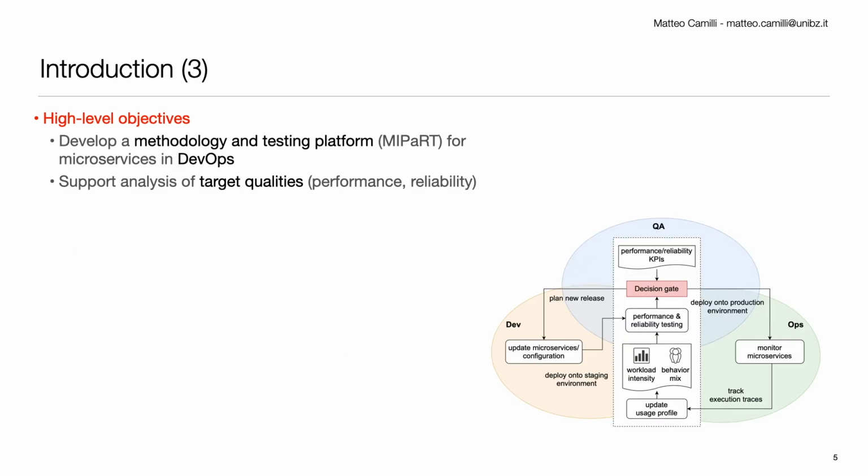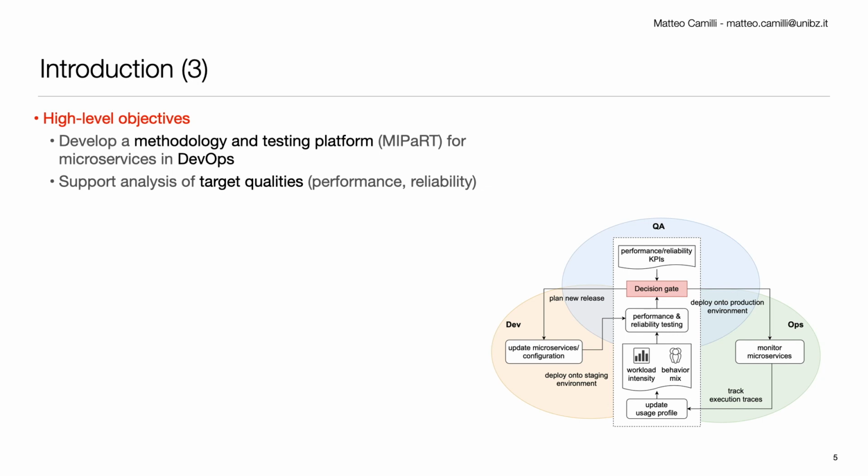The high-level objective of our work is developing a methodology and testing platform called MIPaRT for microservices in the DevOps context. MIPaRT stands for Microservices Integrated Performance and Reliability Testing. With this methodology and platform, we want to support analysis of our target quality attributes, performance, reliability,